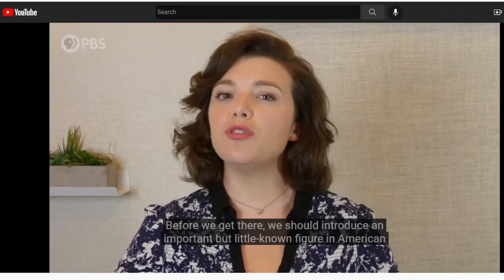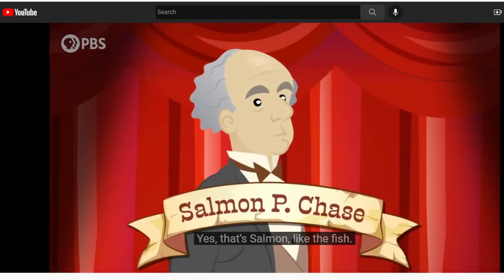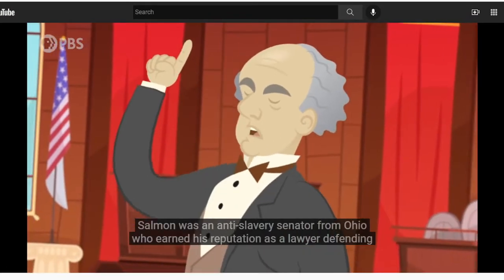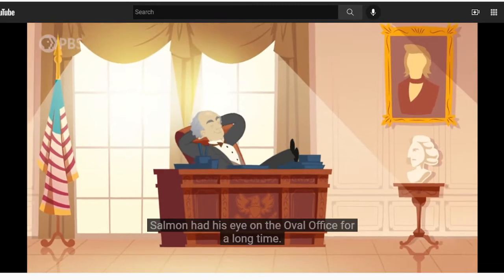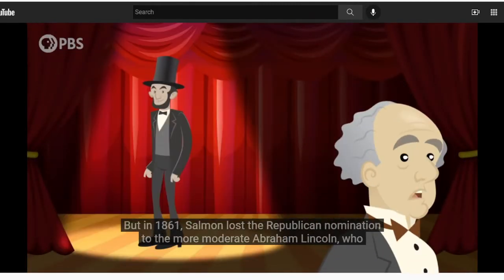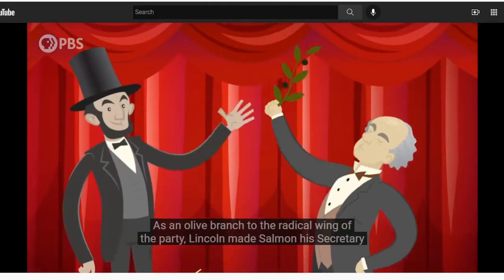Before we get there, we should introduce an important but little-known figure in American history, Salmon P. Chase. Yes, that's salmon, like fish. It's biblical. Salmon was an anti-slavery senator from Ohio who earned his reputation as a lawyer defending black fugitives from being shipped back to their captors in the South. Salmon had his eye on the Oval Office for a long time. But in 1861, Salmon lost the Republican nomination to the more moderate Abraham Lincoln, who went on to win the presidency. As an olive branch to the radical wing of the party, Lincoln made Salmon his Secretary of the Treasury,